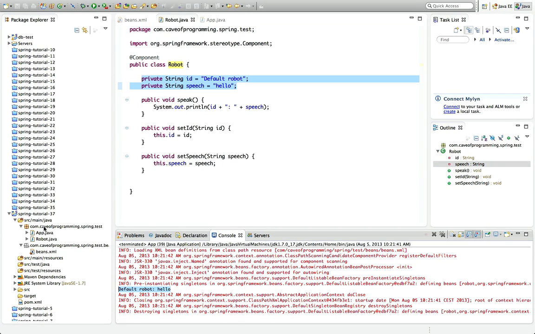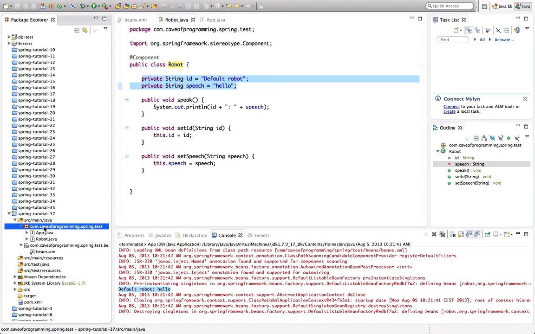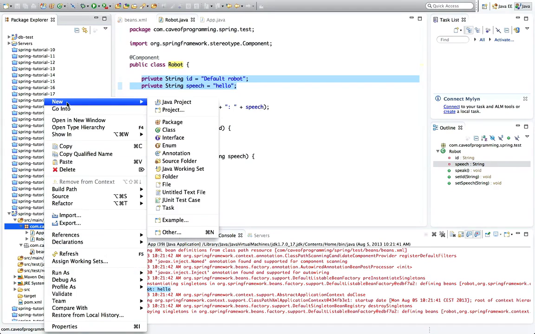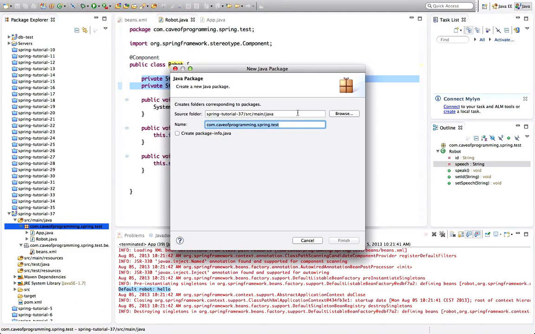Now I'm going to create a property file here, and I'll create a package to put it in. So I'll right click one of my existing packages, and I'll go to new package, and let's modify the name of this package to create our new package. I'll create com.caveofprogramming.spring.props. Click finish,